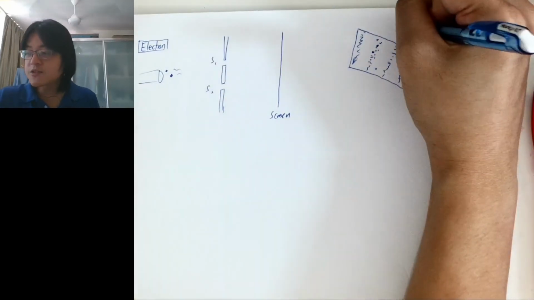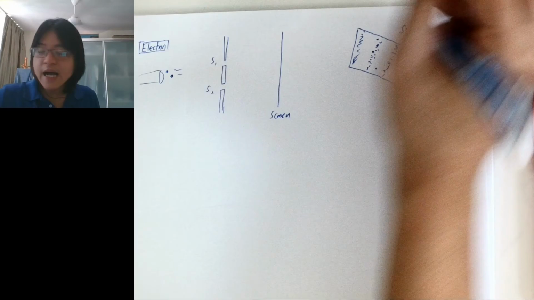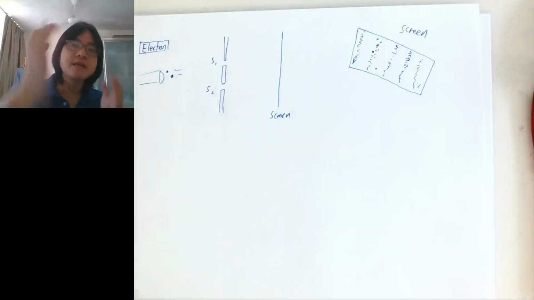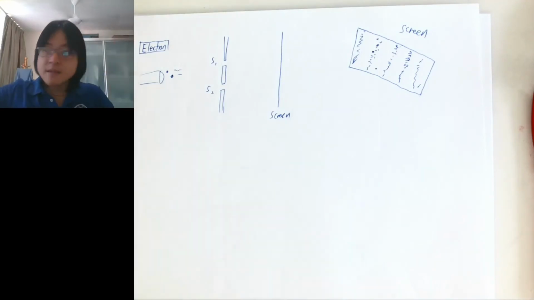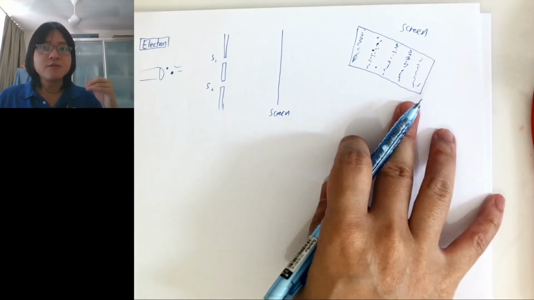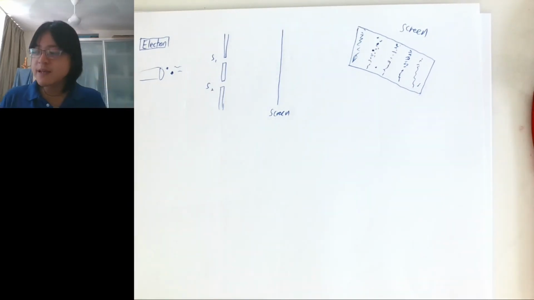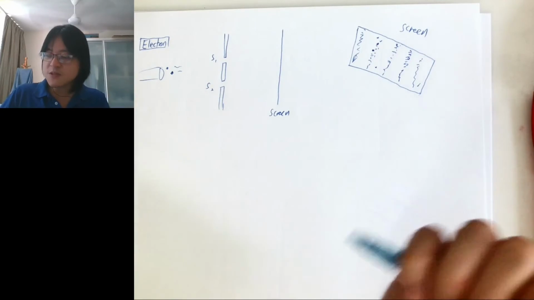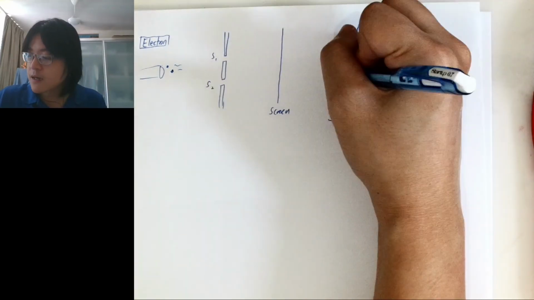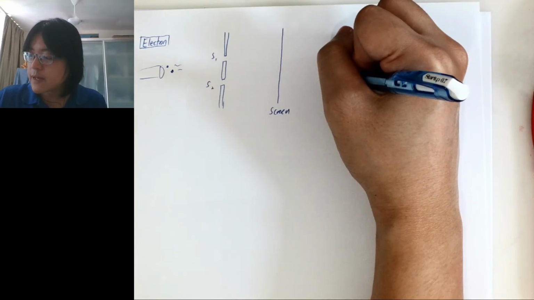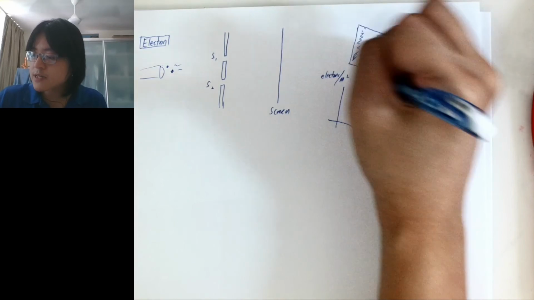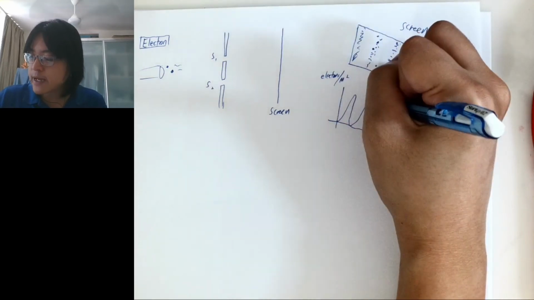So that is the strange thing, right? They are particles. You can hit the wall and you get a bullet hole just like the bullets, but the pattern actually follows the wave. So that is the wave-particle duality, right? It's bullets but also wave at the same time. So if you plot the graph of the electron density per meter, you do get this cosine square pattern.